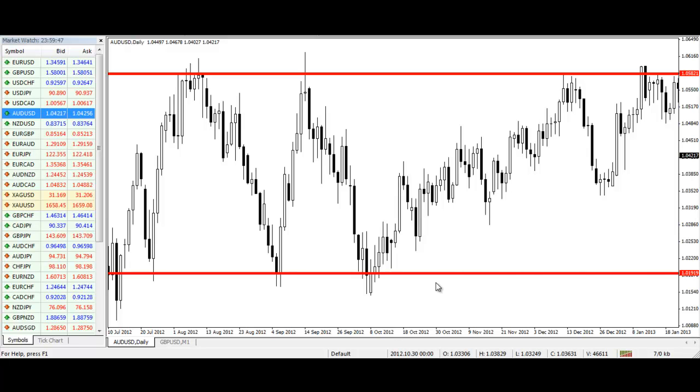Now, you might be thinking to yourself, that's great, but how can I actually use that? And that's when your price action signals that come a little bit later on in the course will help you to take advantage of. If you're a newer trader, it makes a lot more sense to start off simply trading with the trend rather than trying to trade these sideways markets. As a result, there's also another way that you can use support and resistance in trending markets. If we have a look at that now on the dollar-yen,